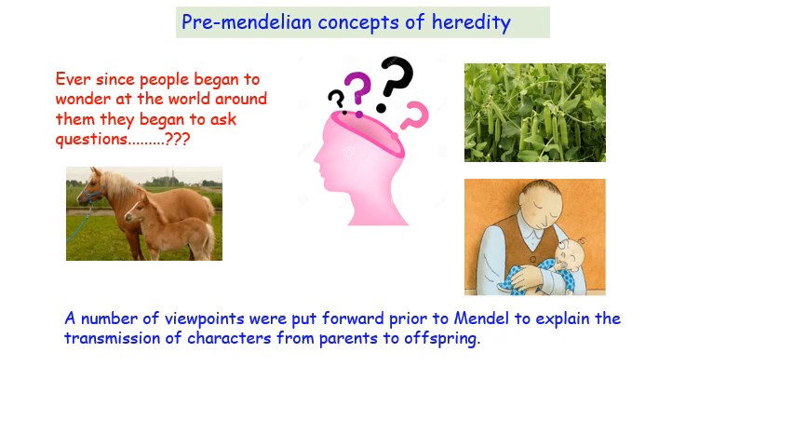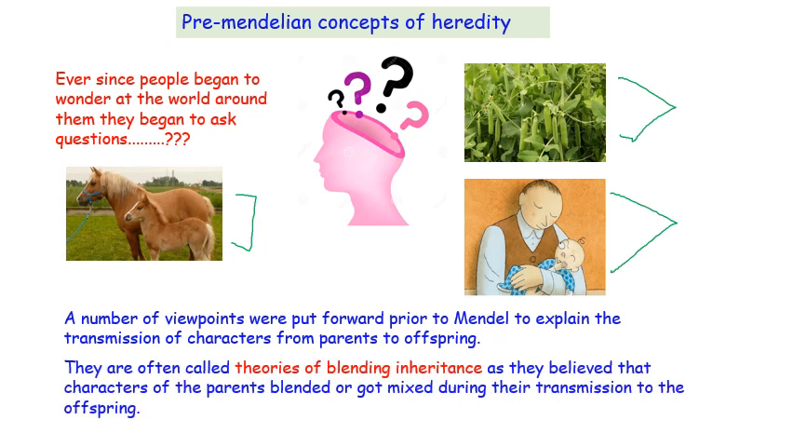So to answer why a horse always gives rise to a horse, why a pea plant always produces peas, why not other fruits, why parents resemble their offsprings, the scientists before Mendel put forward different theories, different viewpoints, and all these theories they believed in blending inheritance. What's blending inheritance? Blending inheritance means if we have two parents, we have parent A